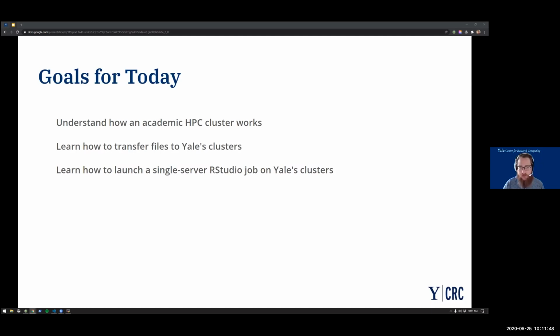So, these three goals: I want to give you a brief overview of how all of these things work, show you how to get files to and from. You'll probably have data sets or scripts or both that you want to transfer. And then finally, show you how to launch RStudio the easy way.